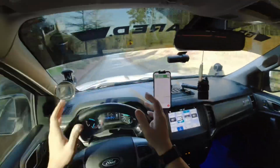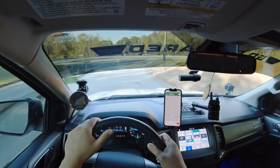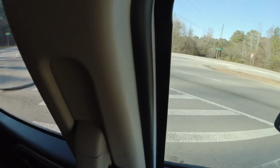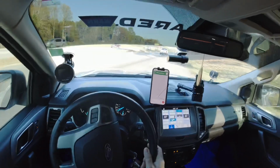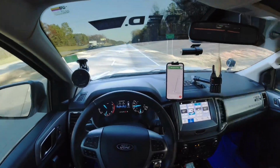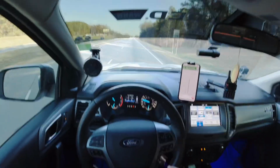I've watched a lot of reviewers take on the Ranger, and they can read the spec sheets to you. They can read, basically, the brochure, right? Which is great. They might do a few off-road tests. They might do a simple side-by-side comparison off-roading with another type of vehicle. But when it comes to long-term